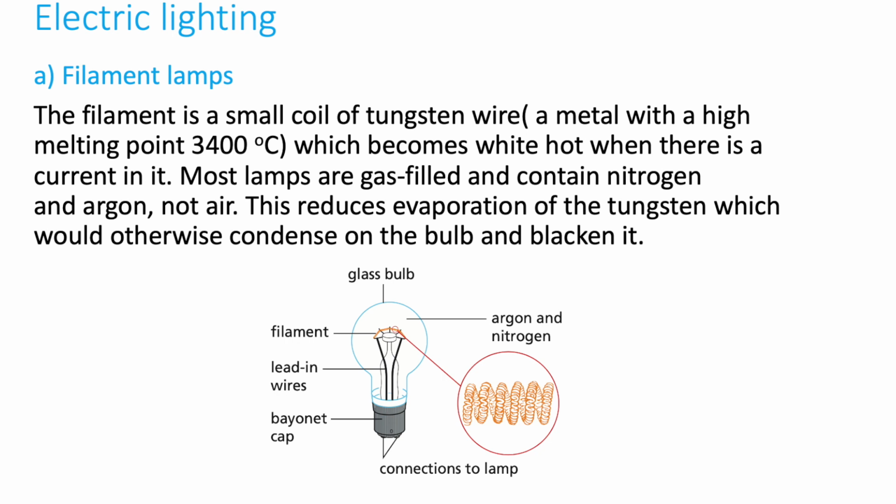When we apply electricity, electrons pass through the conductor. They collide with the atoms. This vibration of atoms creates heat energy. So if the temperature is sufficient, the bulb will produce visible light. Now the main disadvantage of the filament lamp is that the majority of the electrical energy is converted into heat energy. So the efficiency of the filament lamp is very low.